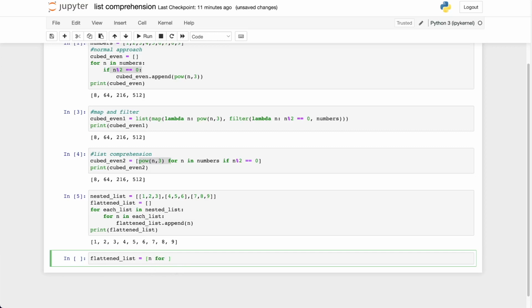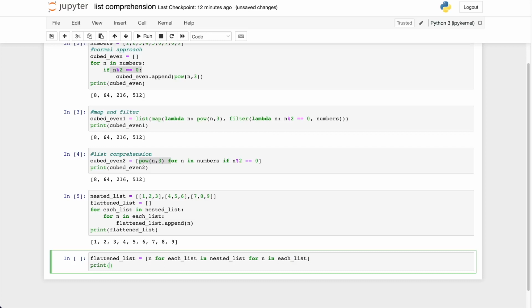So the first one is for each list in nested list, and again another for, say for n in each list, return n. So this is the one that gets returned, okay. So return n, for each list in nested list, for n in each list we return n. And if I try to print it out,